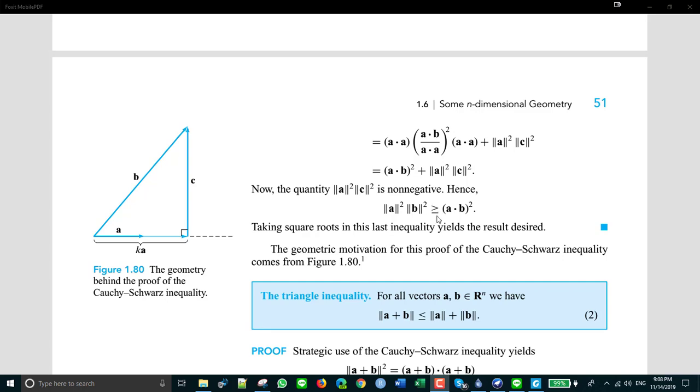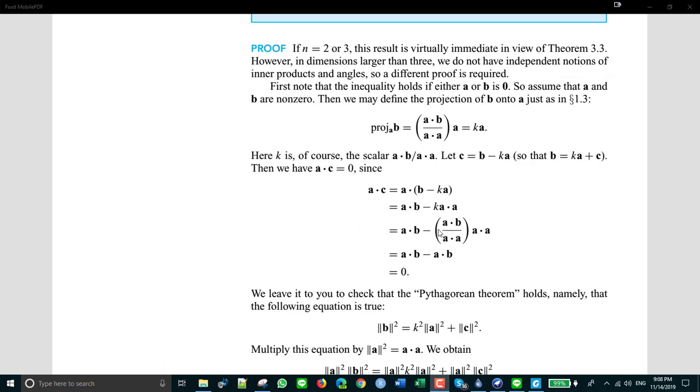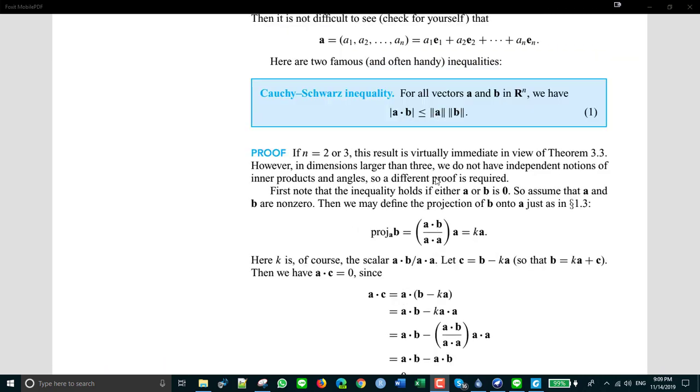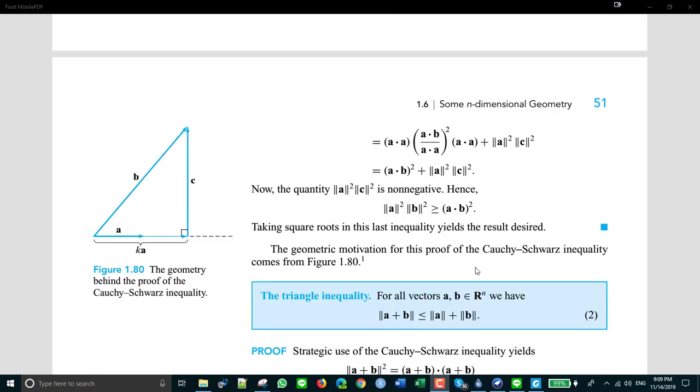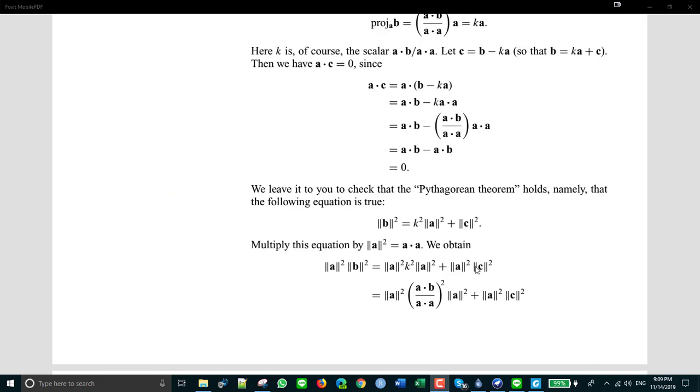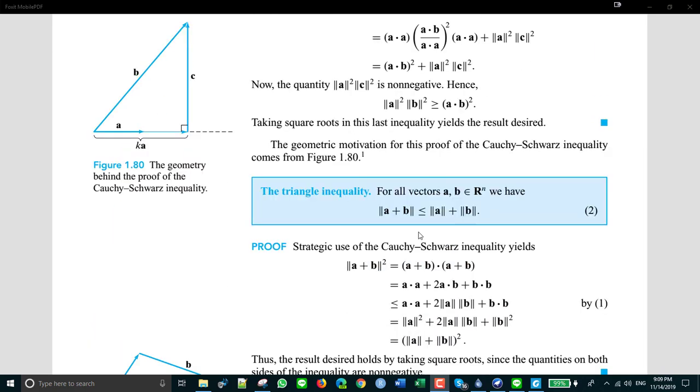Now taking the square root of both sides here gives us the thing we were trying to prove, which was that this is less than that. So let's see that. I guess this is less than that, yeah. Okay, so I didn't prove this, but I think that if we put b minus ka in here, we can show that this is true. Okay, so that's called the Cauchy-Schwarz inequality, and that's used to prove the triangle inequality, which is the next theorem,